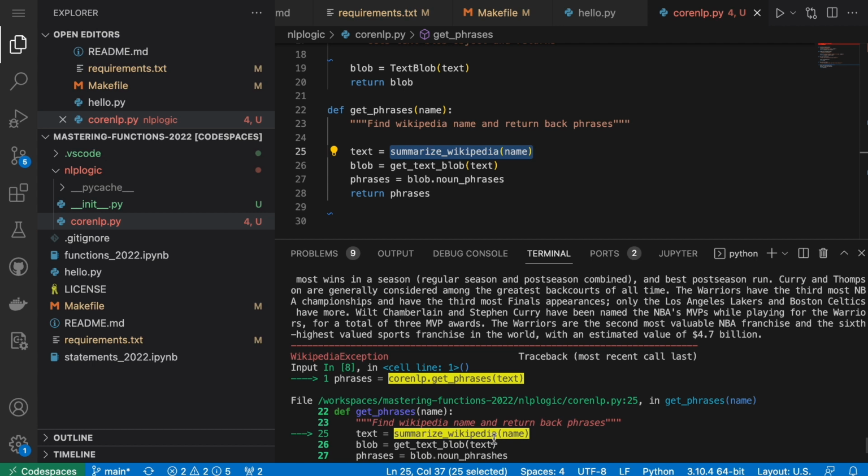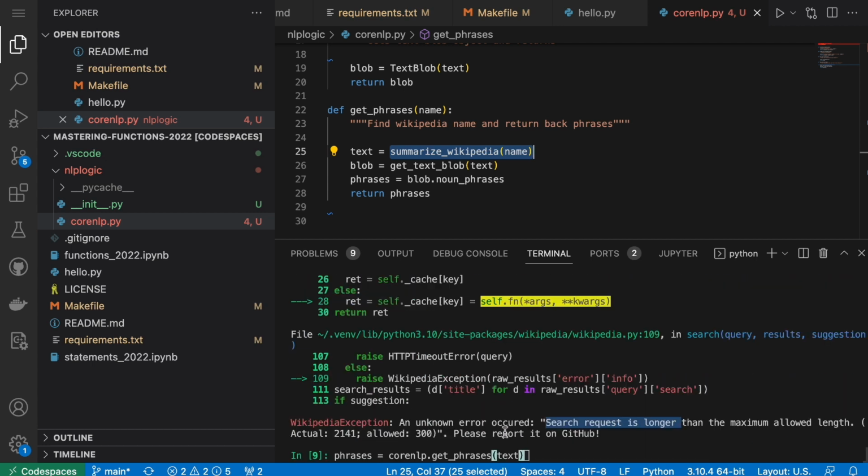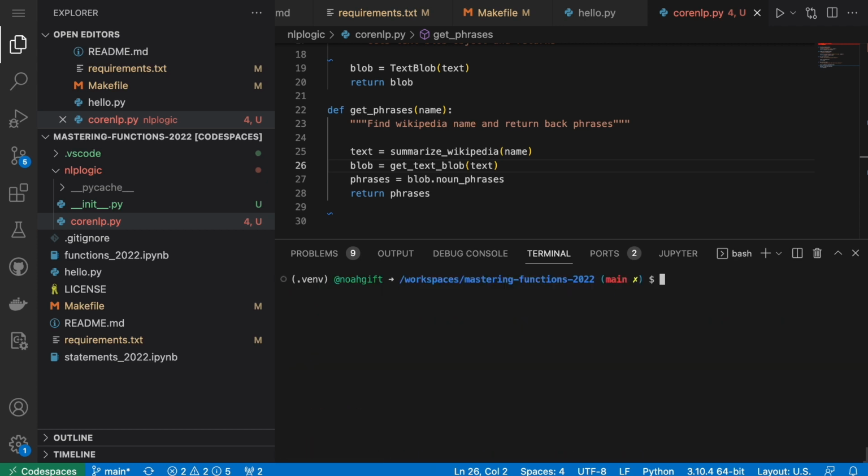So this one is blowing up for some reason. And it's saying an unknown error occurred. Search request is longer. Please report it on GitHub. Yeah, I'm not sure what's going on here, but it doesn't necessarily make sense to me,